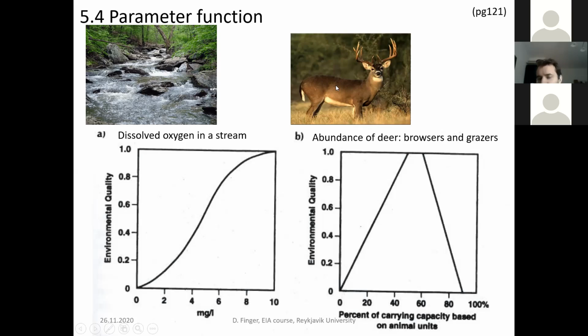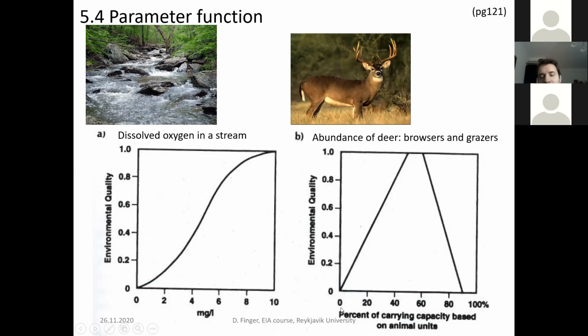Hunters sometimes use this argument to say, okay, we have to hunt the deer because they graze away all the grass and have an impact themselves on nature. And then, of course, you can say, yeah, so here in this figure, you have the percentage of carrying capacity based on animal units, and then the